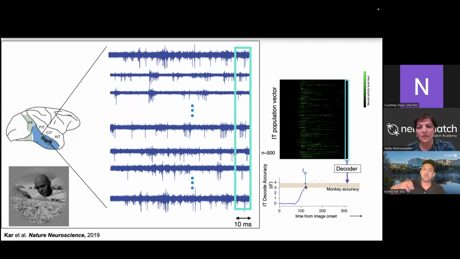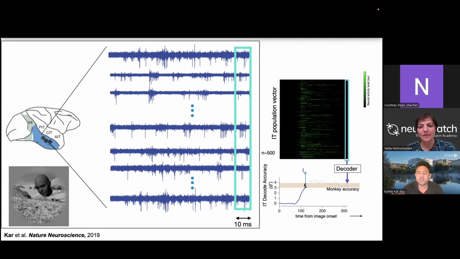This is almost like I'm reading the brain of the monkey, and I'm seeing how quickly the information is evolving. It's not a comment about how the brain is doing it. It's a comment about what I can read from the brain. These are interesting differences that people often confuse together. This has nothing to do with how the brain is solving it. It is how I am able to solve the question that I'm posing using the data of the brain. But it still gives us some interesting ideas about how the brain might be solving this kind of stuff.